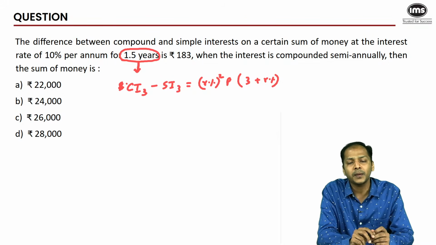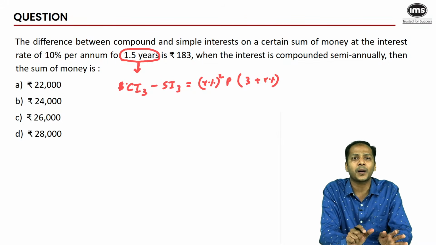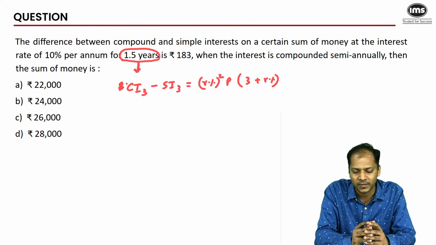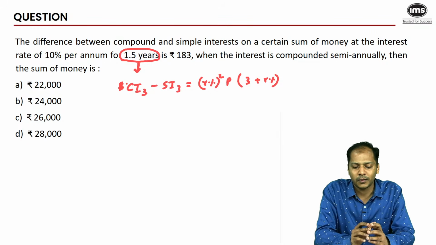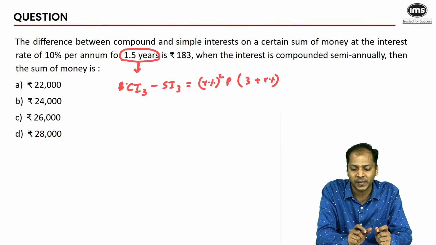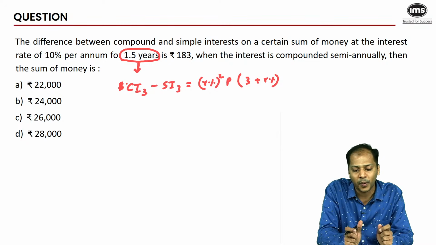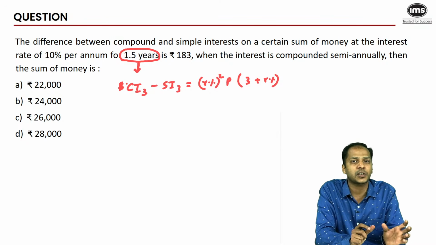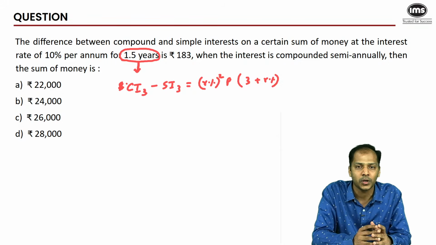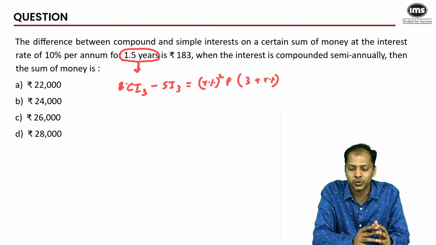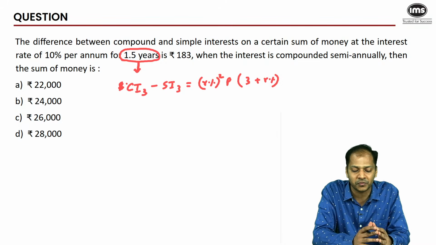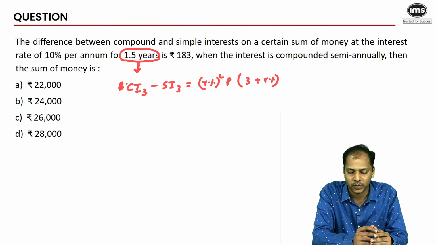This is a formula, but this normally would be the difference between compound interest and simple interest for 3 years. Okay, here we are using semi-annual compounding, basically semi-annual rate of compounding. So we'll use each term to be, or we'll take R for half a year, and I think we should be able to get to the answer. So see if you are able to get to the answer, and just let me know if this is a doable question or not. Okay.